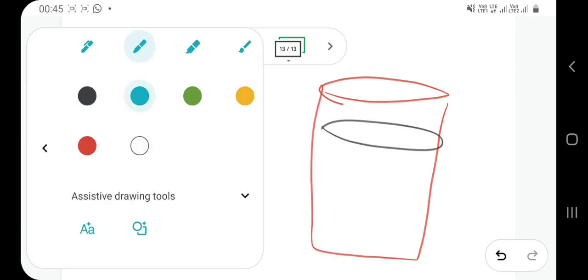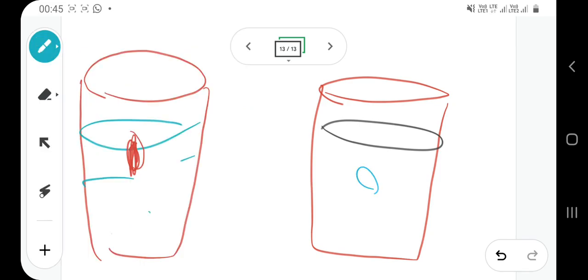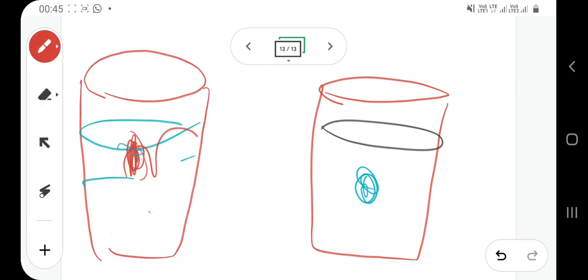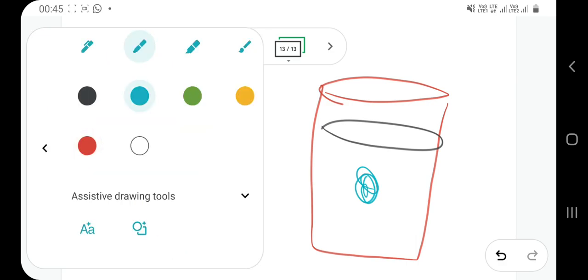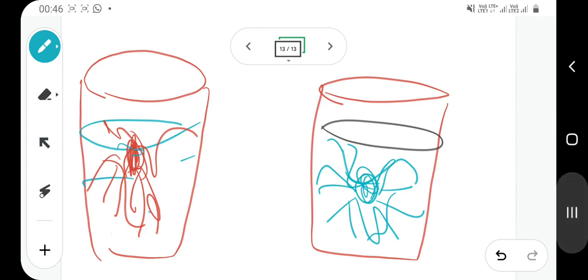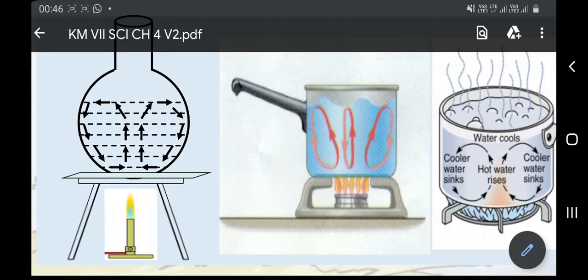So if you have that type of ink, you can spot the movement of molecules. If you see how this ink will spread across the water, this is a very interesting phenomenon to witness. So this is how you can witness the movement or flow of molecules, and the whole water will become red or blue. So now coming back to convection.